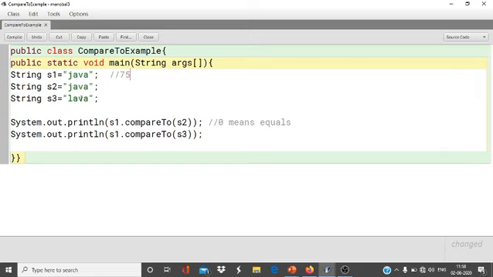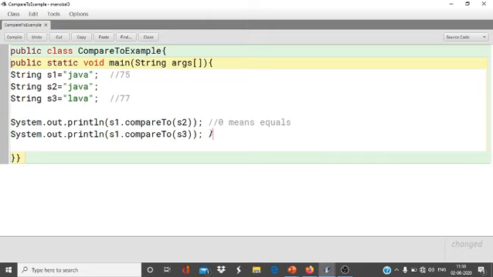So the ASCII code of L will be J and then K, then L. JKL. So 77. So the difference is what? 75 minus 77, because we are going to compare S1 to S3. So 75 minus 77, so minus 2.